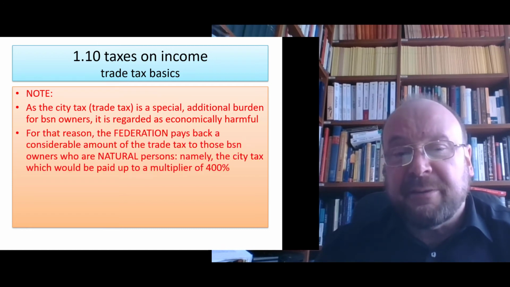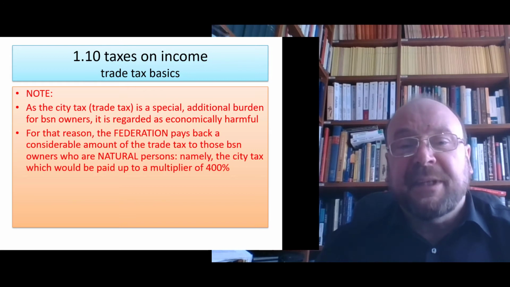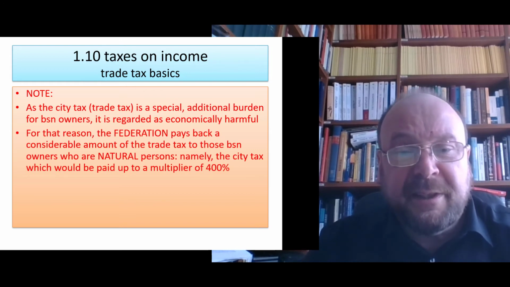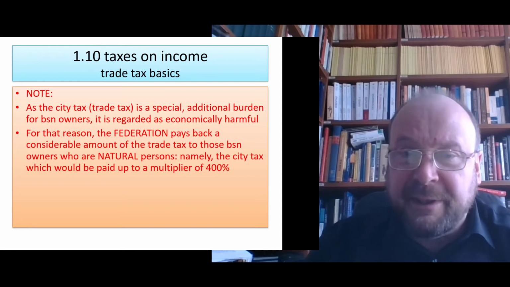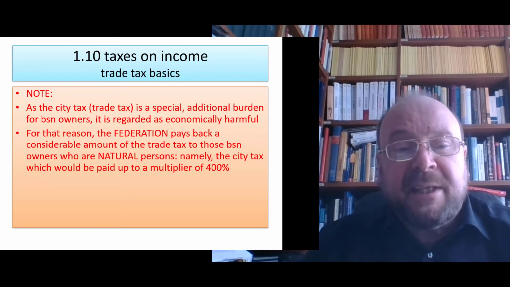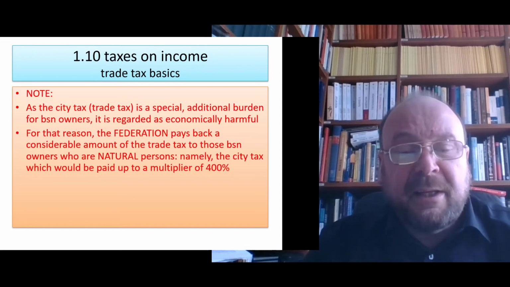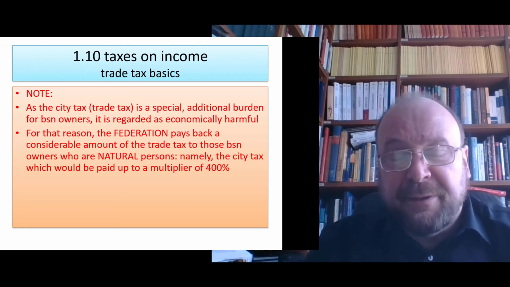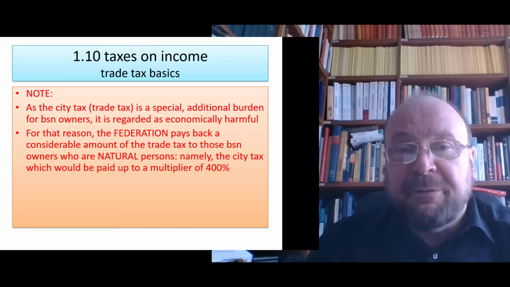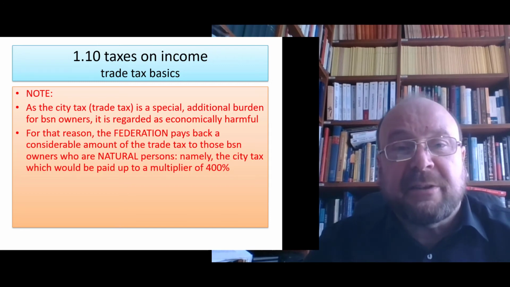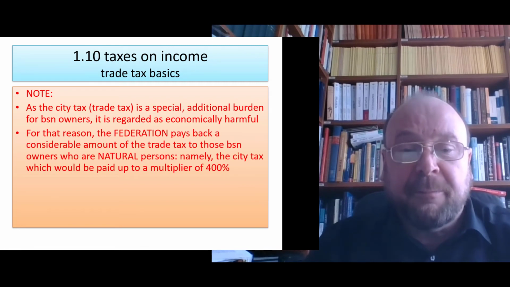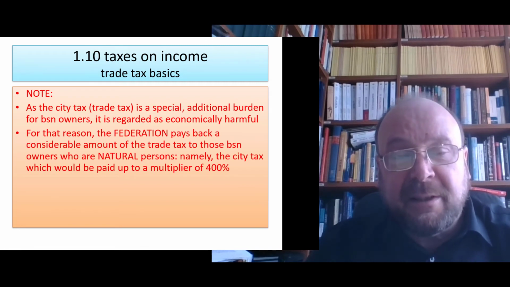And there is only the trade tax, which people can imagine. Now the German federal government some 30 years ago had the idea, well, we could not abolish trade tax, but try to compensate its effect a bit. And so they inserted into the federal legislation on income tax a rule that if you pay trade tax, you can credit your trade tax amount up to a certain level to your income tax liability.